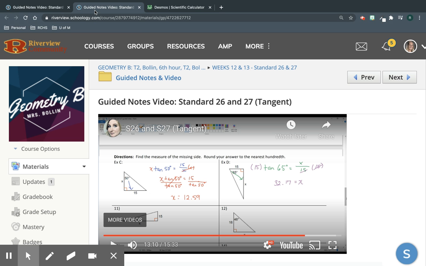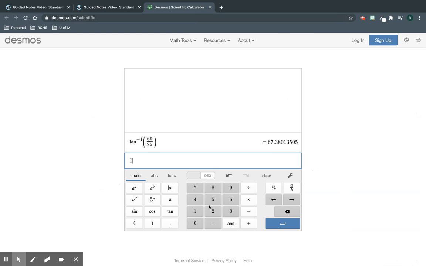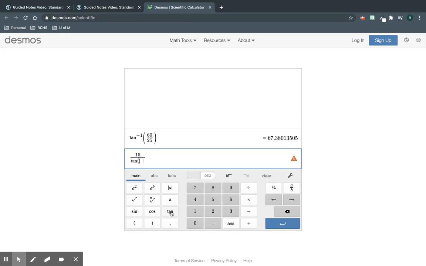Let's look at another example that Mrs. Robillard did. And this was from the back side of the notes, when now we are asked to find the measure of the missing side. So if we look at example C, we had to isolate x, or get x by itself, which is why we ended up dividing by the tangent of 50. And so here's the piece that we need to be able to type into our calculator. We need to type 15 divided by tangent of 50. So I can do 15 divided by, now I can use the regular tangent button of 50 degrees, and I get